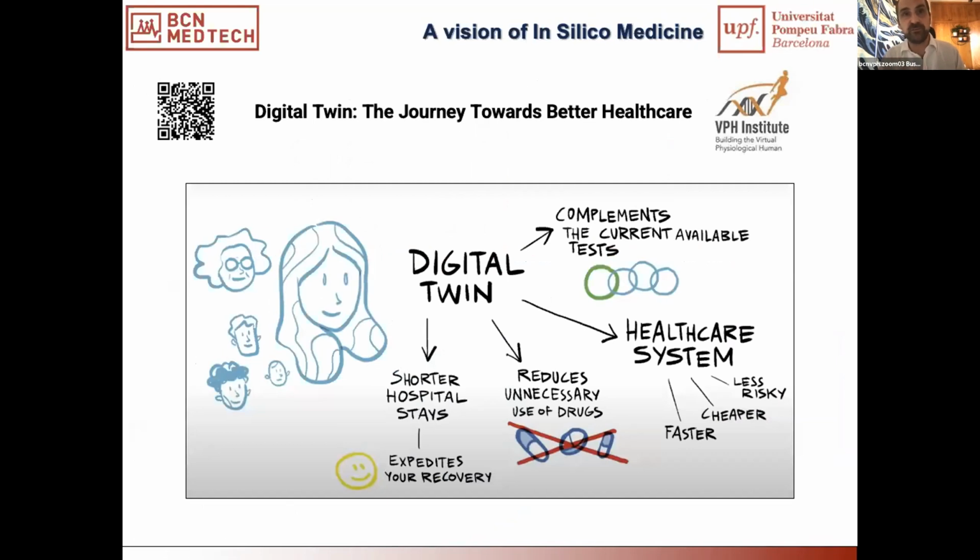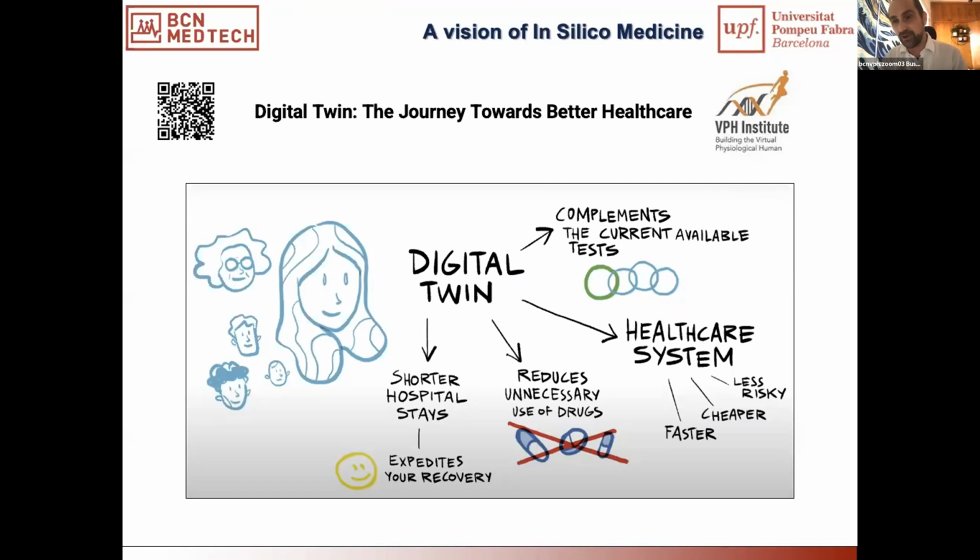So I've taken this picture. This is a snapshot from a video from the Virtual Physiological Human Institute. I recommend you have a look at this video if you scan this QR code, and about the concept of digital twin. The concept of digital twin is actually the ultimate vision of in silico medicine. It would consist of having a digital avatar of yourself that is based on multiple coupled models, through which you can